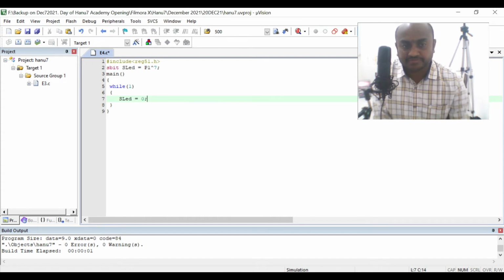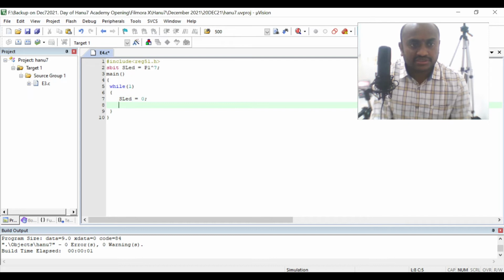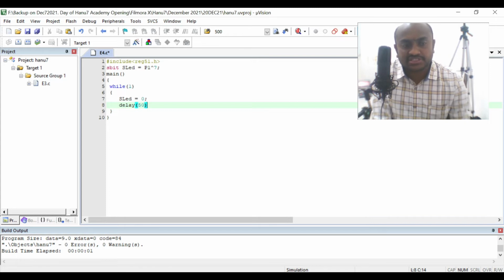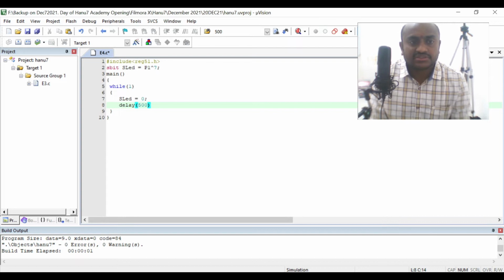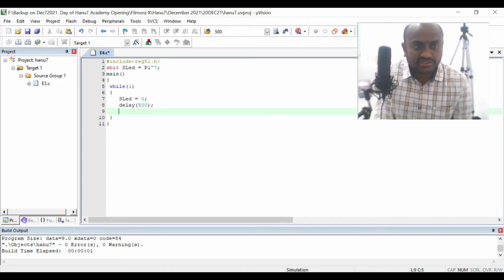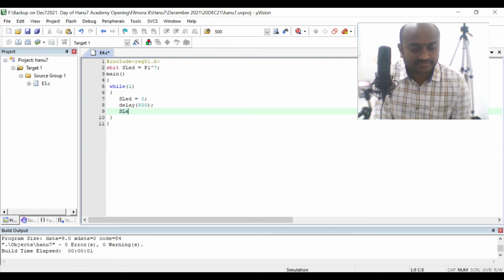LED will become on. Then I am going to write a delay of some 500 milliseconds, like we have seen in the previous program, 500 milliseconds only. After writing the delay of 500, again you have to write SLED is equal to 1.